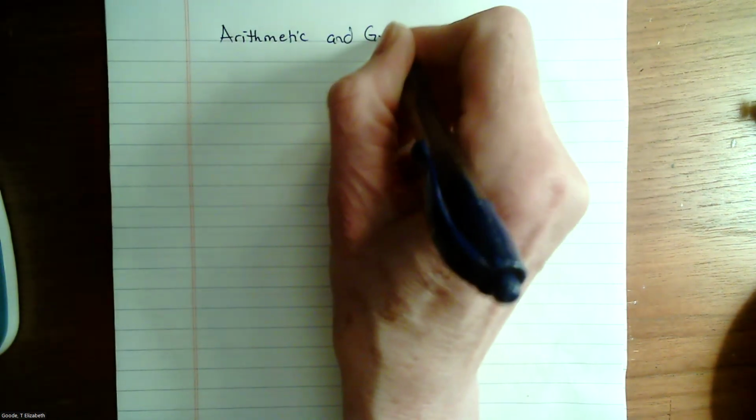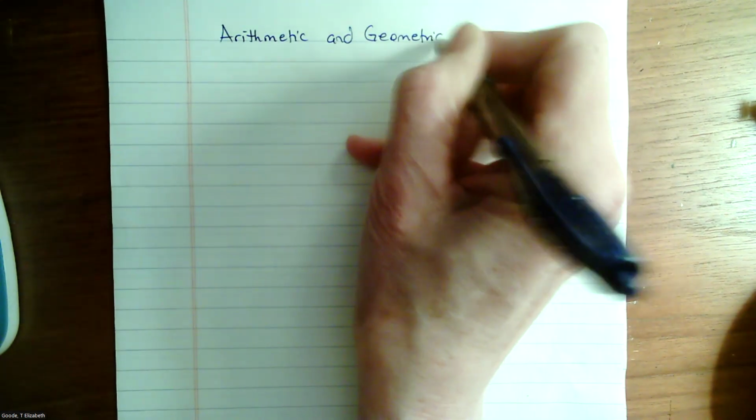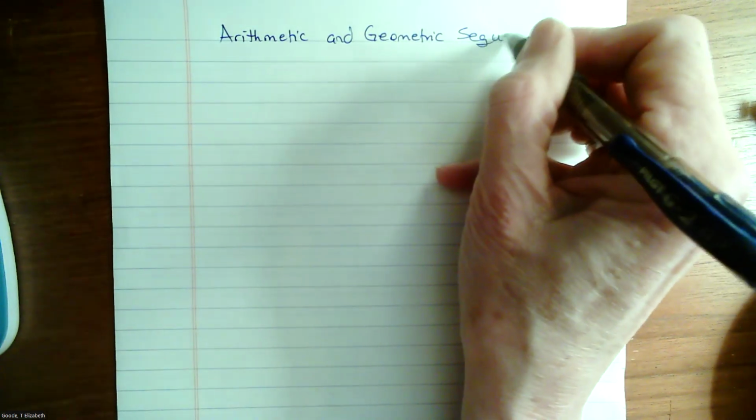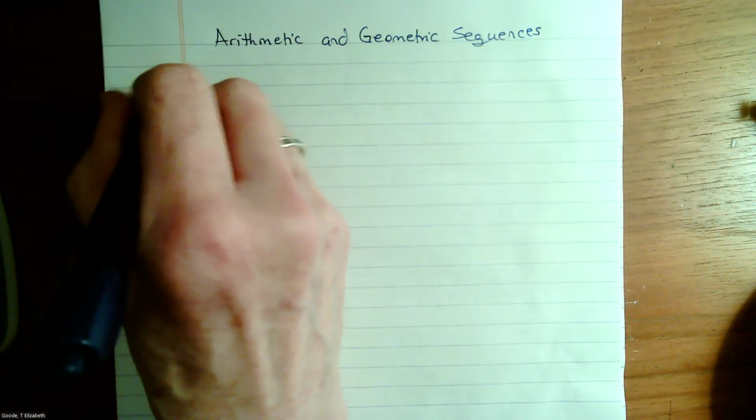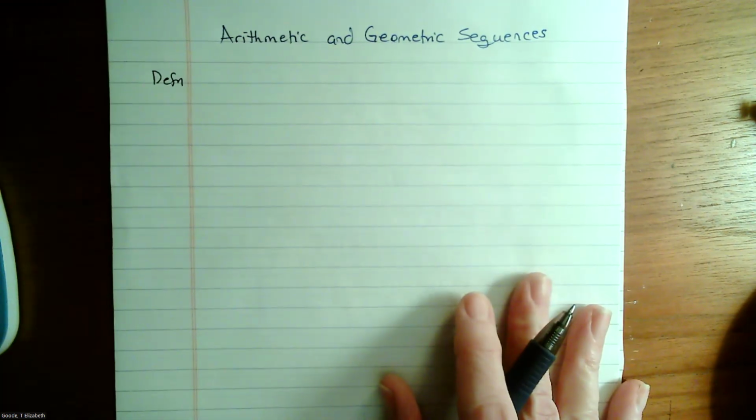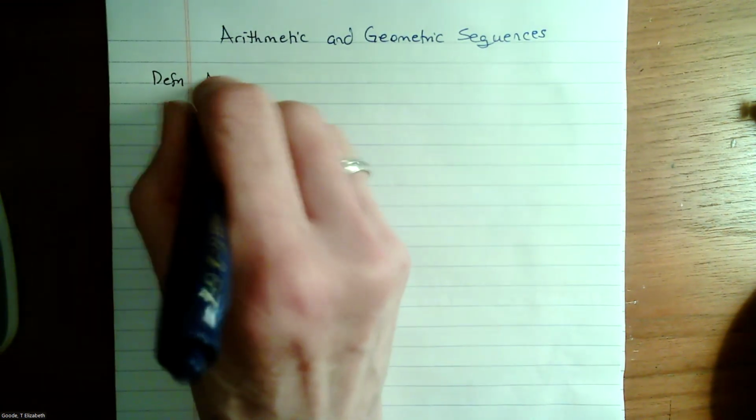So arithmetic and geometric sequences, and it looks like arithmetic, but it's actually pronounced arithmetic. Arithmetic and geometric sequences. So here's our definition for an arithmetic sequence. An arithmetic sequence